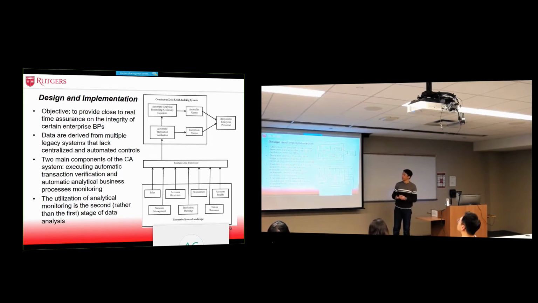The first one is automatic transaction verification, and the second one is automated analytical monitoring through continuity equations. The objective of this model is to provide something close to real-time assurance, and in this case, one important thing,